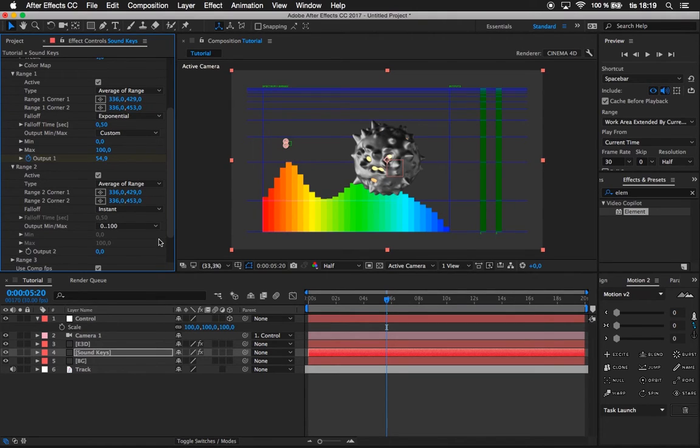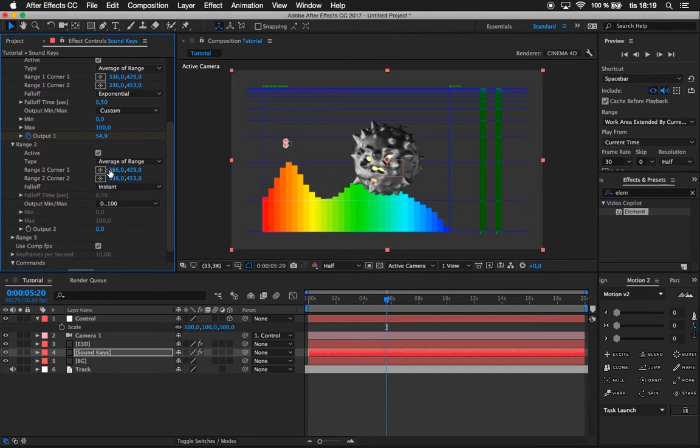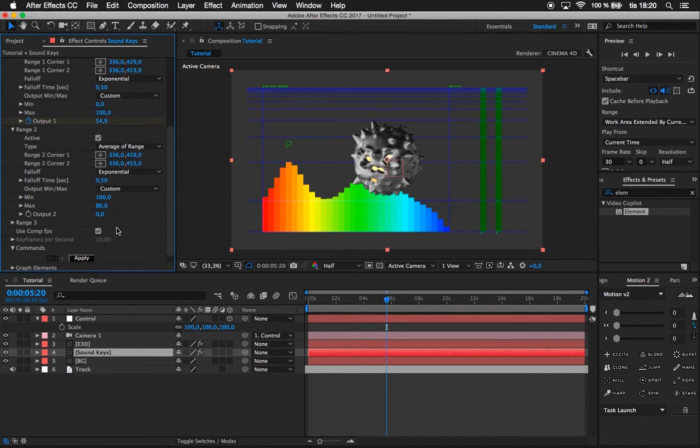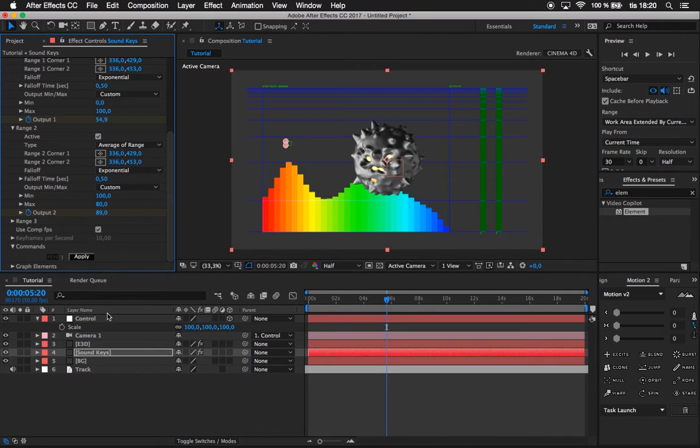Yeah, like that. So now they are on the exactly same position. So same thing here, from instant to exponential, a half second, custom. Instead of from 0 to 100, we wanted it from 100 to 80. And create keyframes by pressing apply,